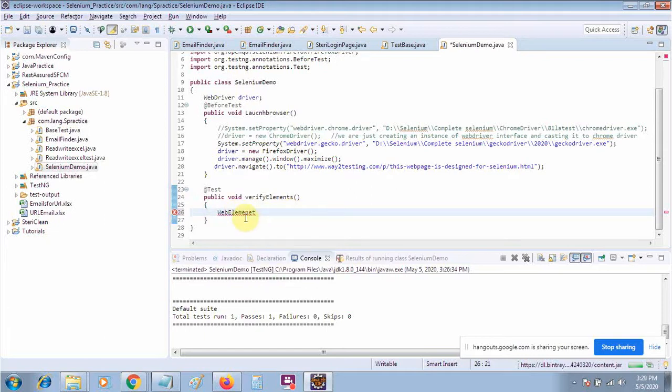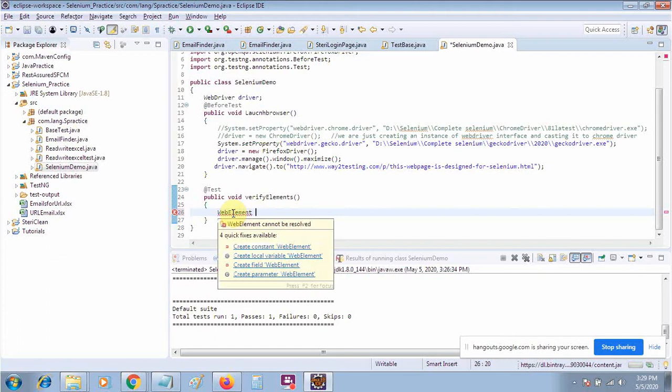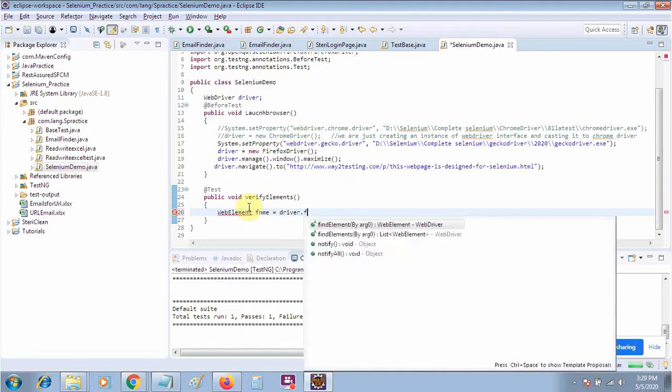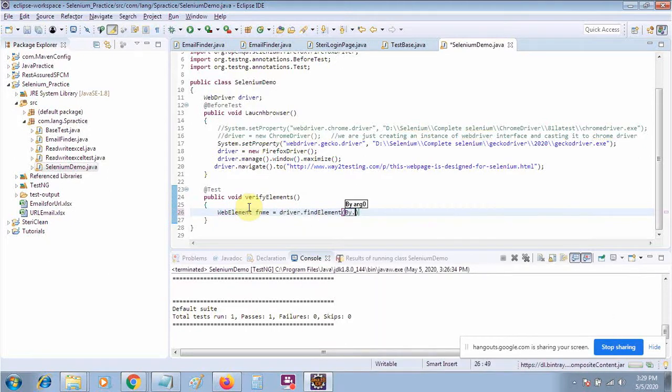Always remember WebElement. WebElement coding: WebElement firstName is equal to driver.findElement(By.xpath. Okay, so now you have found your first name.